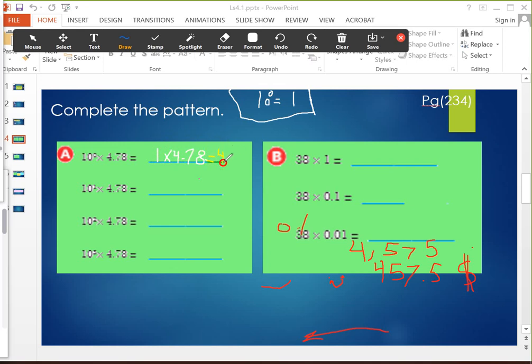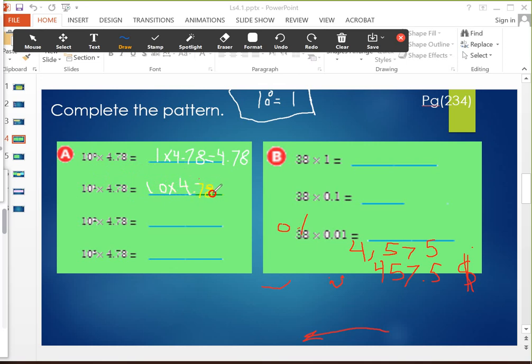Equals the same number, 4.78. Okay? What about 10 power 1? 10 power 1, you remember that 10 power 1 equals 10, right? In powers of 10, I have to write number of zeros equals the power. I have only 1 in the power, that means I have only 1 zero. So that means I have 10 multiply